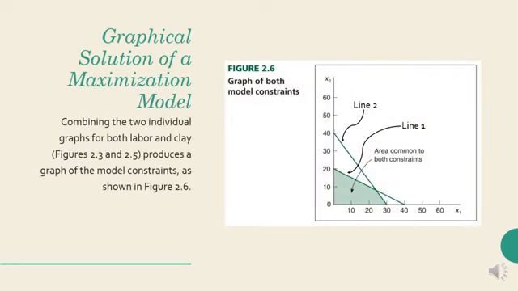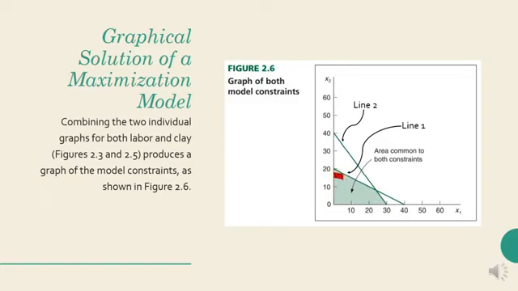Okay, this time pagsamahin natin yung ginawa nating dalawang lines, ano? Line 1 and line 2. So, combining the two individual graphs for both labor and clay, figures 2.3 and 2.5 produces a graph of the model constraints as shown in figure 2.6. So, kung makikita nyo dito sa ating ginawang graph combining the two lines, okay, meron tayong tinatawag na